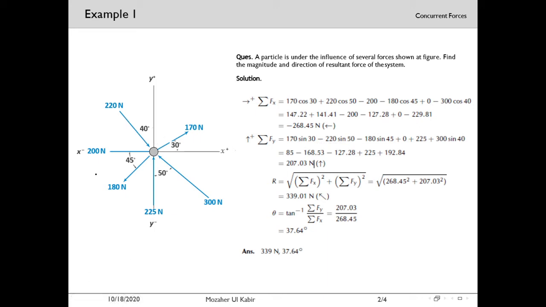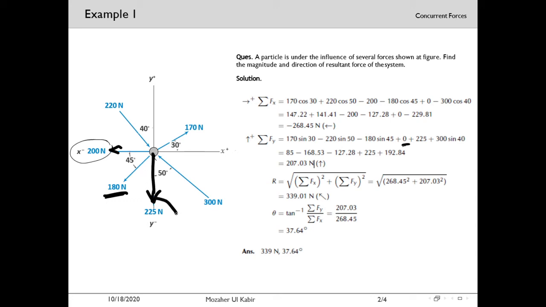Now for the third component, 200, this 200 is coinciding with the x-axis, so it won't be having any component in y direction, so we have considered 0 for this one. Our fourth one, which is 180 Newton, will be having two components as well. One is in this direction, as this force is acting away from the point, so the y component will also be acting away from the point. As this angle is 45,